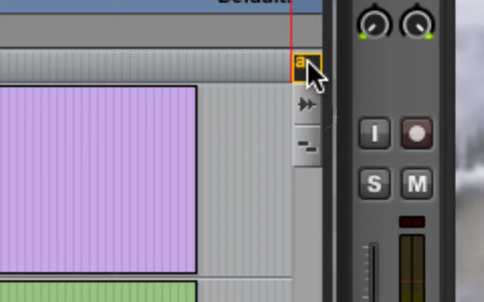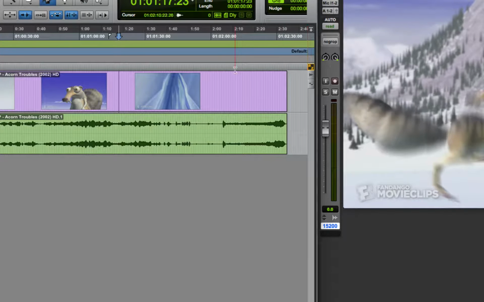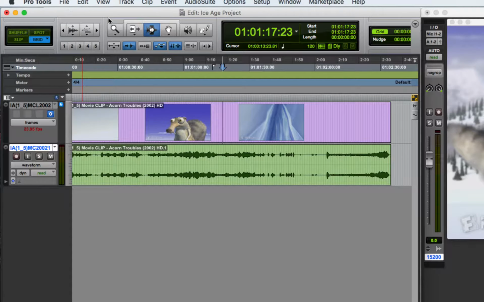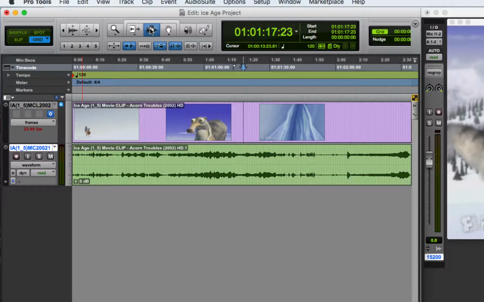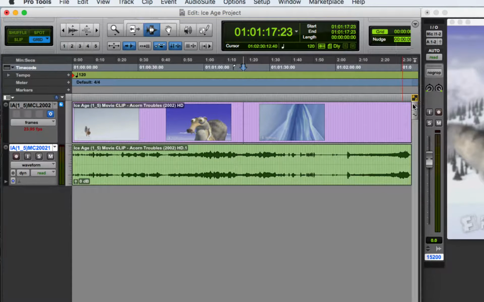Now, the reason we enabled the key command focus is because I want to teach you how to nudge. And nudging essentially is just moving back and forth in the edit window based upon the nudge value. You should have switched your nudge value by clicking on here to 1 frame. And now nudging with the key focus essentially is